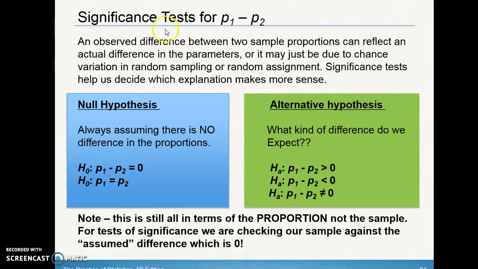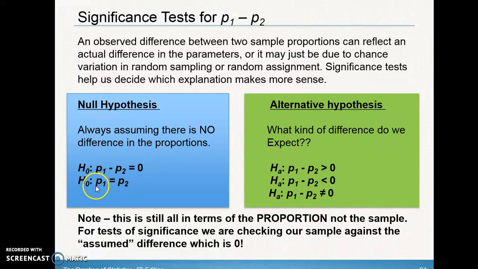In this case, for our significance test, we're checking to see if there's an observed difference between the 2 sample proportions, okay? Are the two population proportions the same? Are they different? Or is one bigger or is one smaller? You're going to have to make your null and alternative hypothesis based on that information. The null hypothesis is we're always assuming there's no difference in the proportions. So if there's no difference, that means when you subtract them, you're going to get 0,